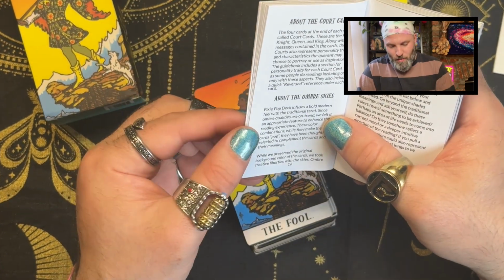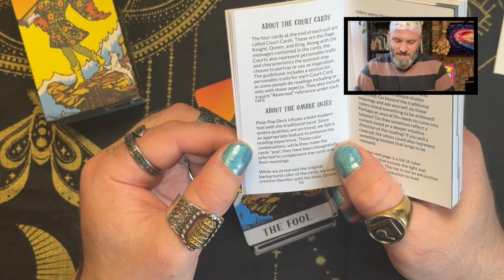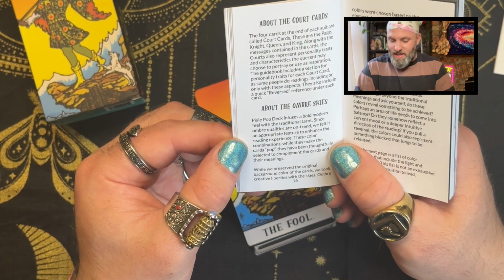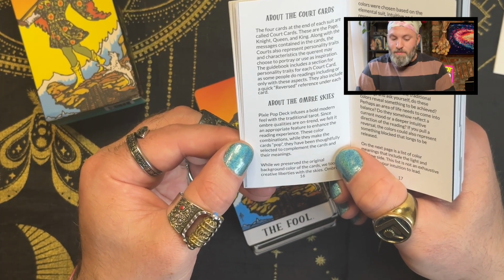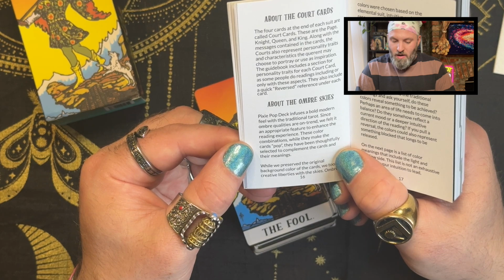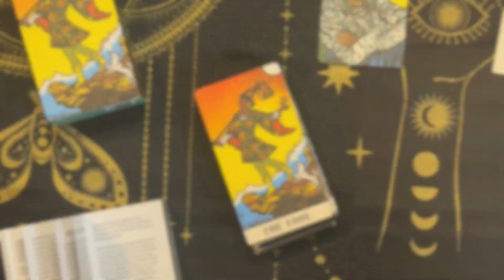Copyright is 2021. So we felt it was appropriate to feature enhance the reading experience. These color combinations, while they make the color cards pop, they have been...